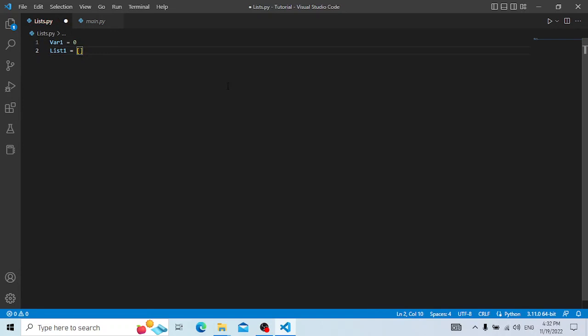Inside these square brackets, let's say we have a bunch of colors, the colors of the rainbow. So red, green, and just as always, if it's a string, it needs to be defined as a string. So red, green, blue,